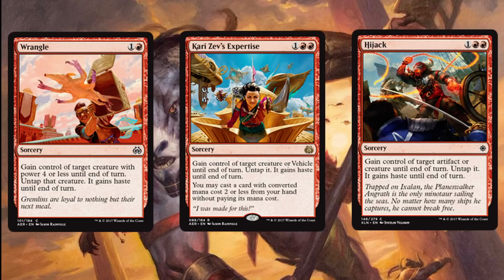As for Karizev's Expertise, this card is the all-star of the deck, and it has made me want to play it in other mid-range and aggro decks. In this deck, though, it is a card you want at all times. Yes, it gives you the option to not only steal both a creature and vehicle of any size, which already makes it better than Wrangle and Hijack, but it lets you play a card with 2 mana or less for